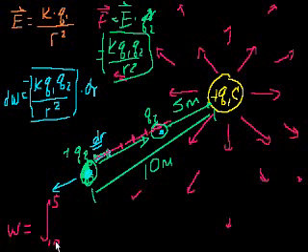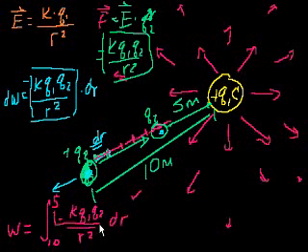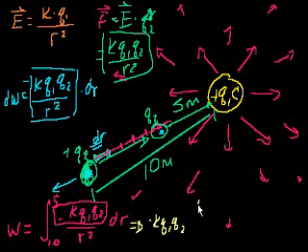That might be a little unintuitive that we're starting at the higher value and ending at the lower value, but that's what we're doing. We're pushing it inwards. And then we're taking the integral of minus k q1 q2 over r squared dr. All of these are constant terms up here, right? So we could take them out. So this is the same thing as minus k q1 q2 times the integral from 10 to 5 of 1 over r squared, or r to the negative 2, dr. And that equals